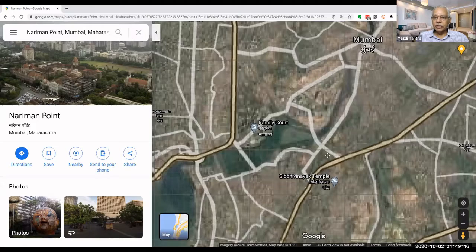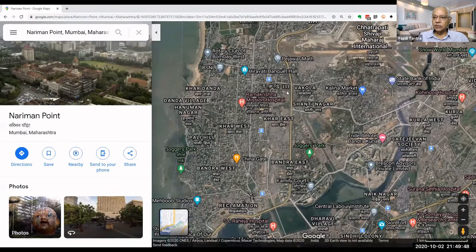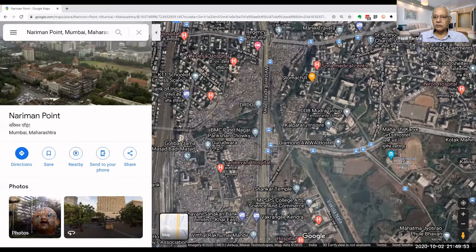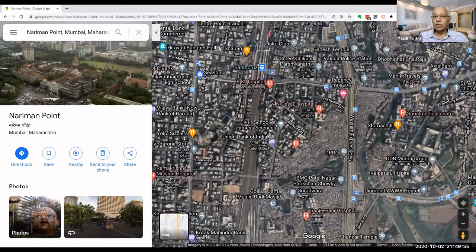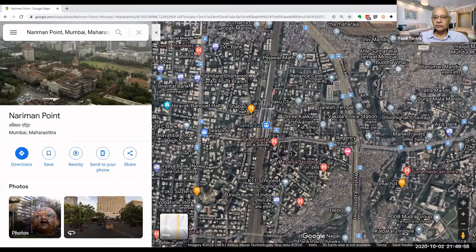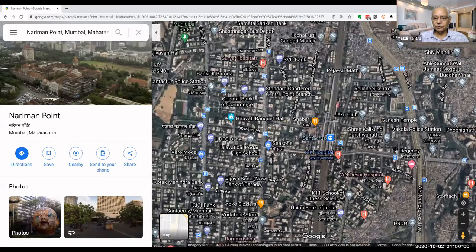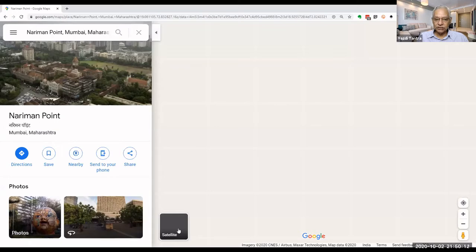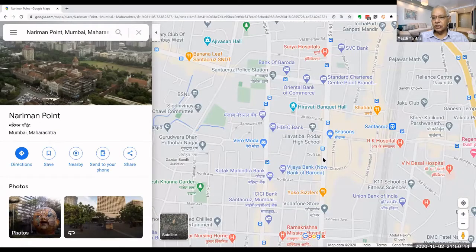And you can see various plots and various buildings on each plot. This is interesting to see because it shows you how crowded this whole place is. In any city for that matter. If you go to New York or you go to San Francisco, in any city, you will see this terrain or you will see a map. Both these options you can toggle. You can just click on this and see the terrain. You can click on this and see the map again. So this is the satellite view.